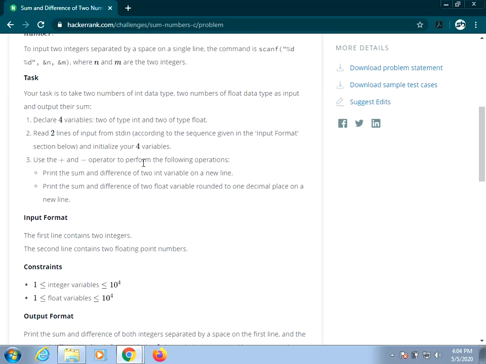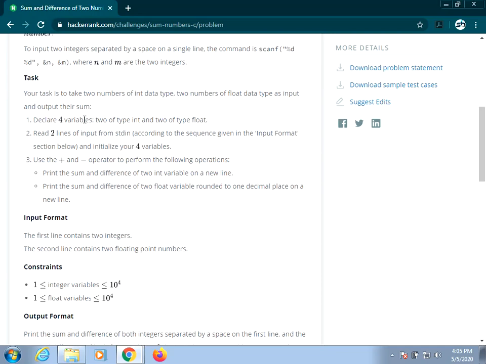In those two input lines, we will have four variables, and we have to initialize all those four variables. Use the plus and minus operator to perform the following operations. Print the sum and difference of two integer variables on a new line. Print the sum and difference of two floating point variables rounded off to one decimal place on the new line. Okay, that is the thing.